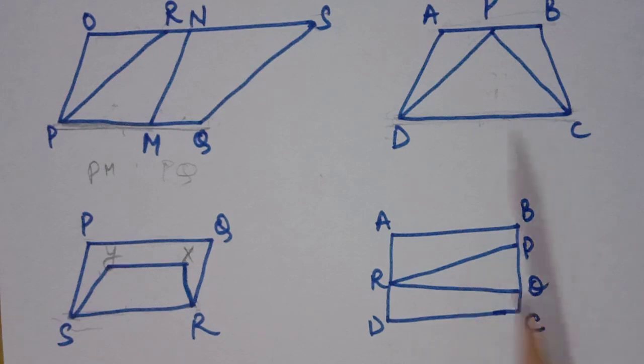In this diagram we have a quadrilateral ABCD and a triangle PRQ. In triangle PRQ, the base is PQ, and in ABCD, the base is BC. So in this diagram also we don't have a common base and do not have any parallel lines. So students, now I think this concept is clear, and if you have any doubt, it will be cleared with the next concept, which is our first theorem.